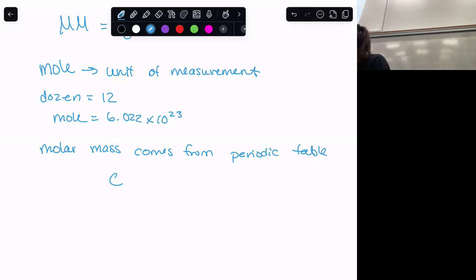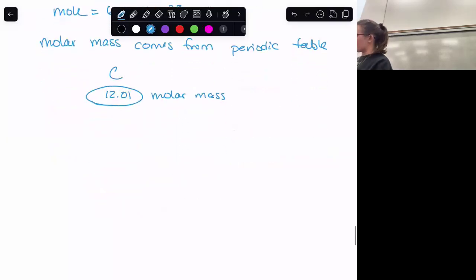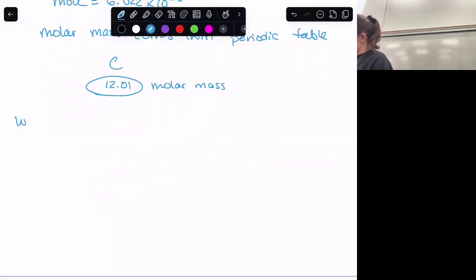Right, when we're looking at carbon, it has 12.01 at the bottom. This is your molar mass. That's what you're going to use for all of your molar masses. We have questions on finding the molar mass of a compound. Okay. So if I were to ask and I said,